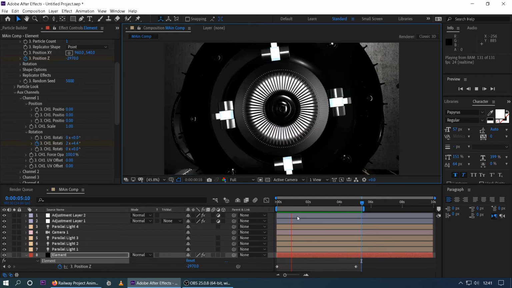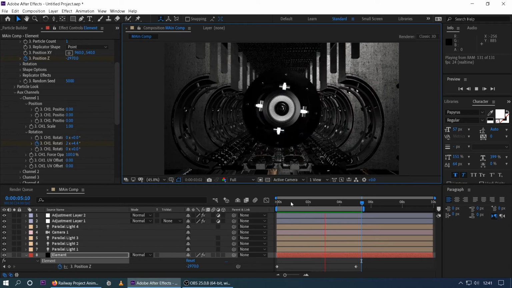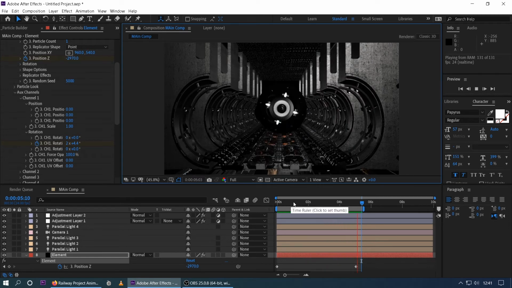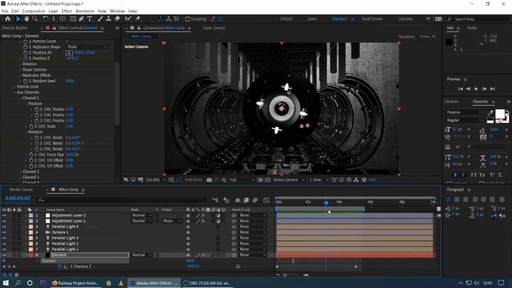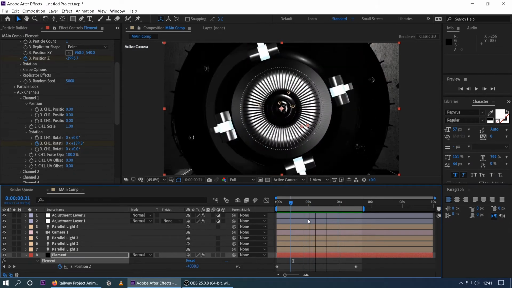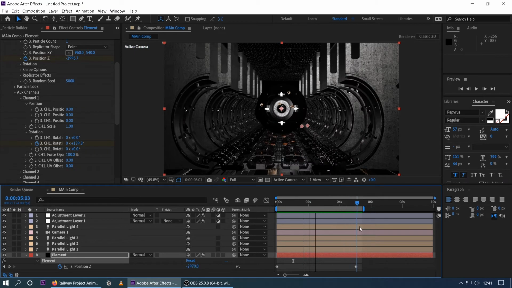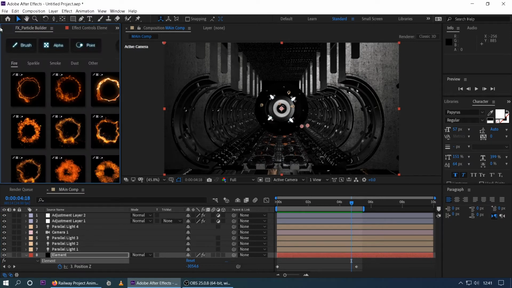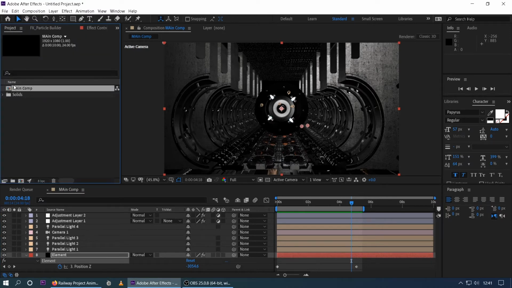Now we will make the camera positions for rendering purposes. But it's different angles we will use. So for this, go to your project window and this is our main comp. Select it and